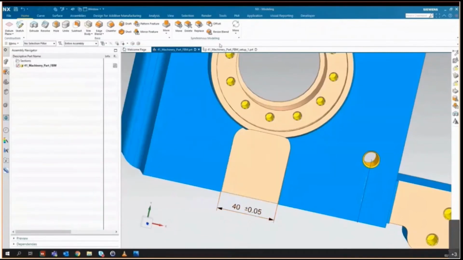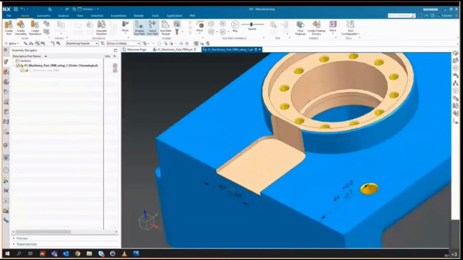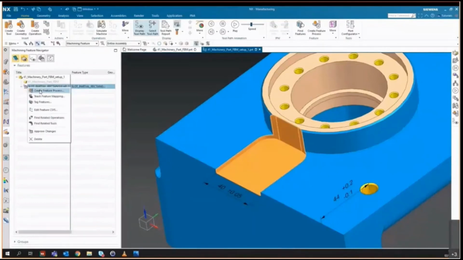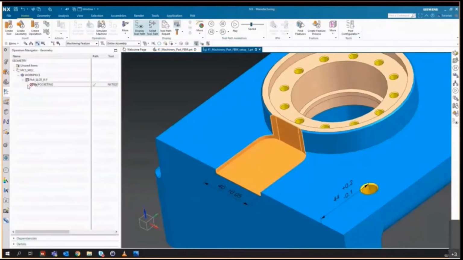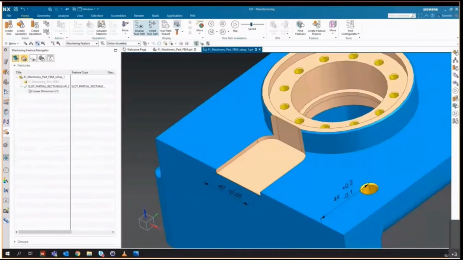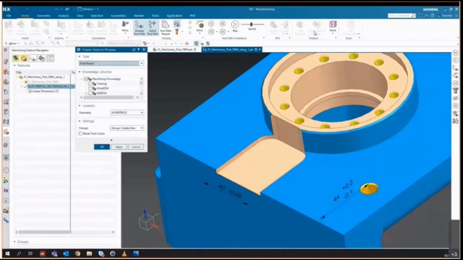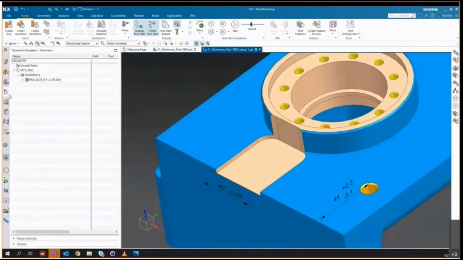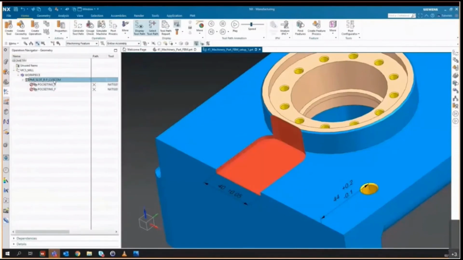So now, if we go back into manufacturing, we can see that PMI has changed. We need to now go and validate that change by approving it, because obviously we need to be made aware there's a change. Yes, I want to accept those changes in the tolerance. And then we can delete that previous operation that we created automatically and recreate the feature process on that feature. And this time what you'll see will happen is it reads that tolerance value, and that value is now driving the operation selection, the tool selection out of the library to determine what sort of operation type we need to use. So now there you can see we've created the two operations.